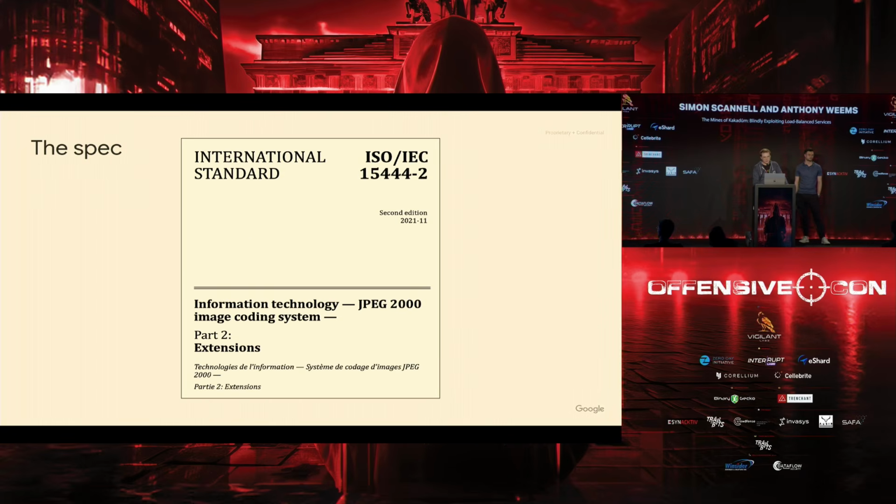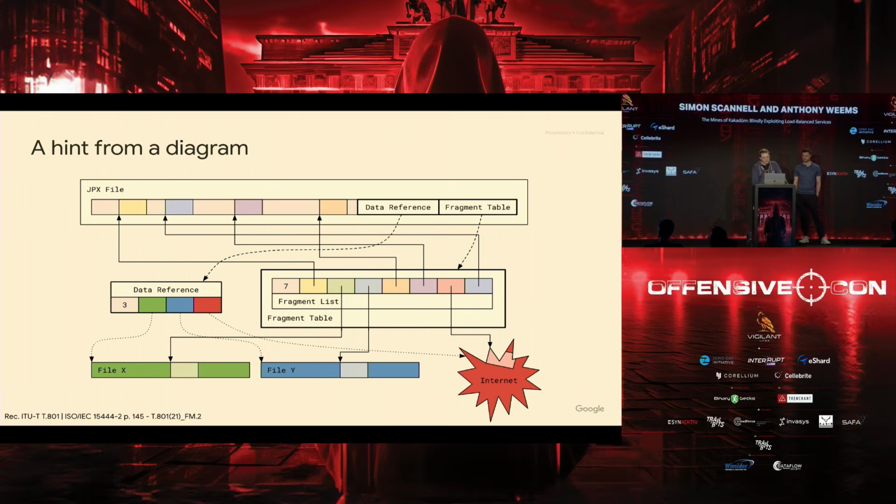And for this, we have to go to the JPEG 2000 standard. So this is not a vuln just in Kakadu, but it's also just directly written in the standard as vulnerable. And this is part 2 of the standard, so you have to pay a little extra. So we look from the standard, there's a diagram that shows this feature of JPEG 2000 called fragmentation. And what this lets you do is take one large JPEG 2000 file, split it up into multiple fragments, and then distribute those fragments either throughout memory or maybe from local files, or even split them out and put them on different servers on the internet.